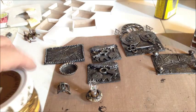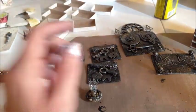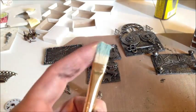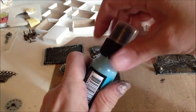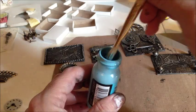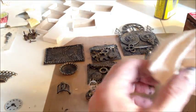The next thing is the blue, or the patina. And all I pretty much do is shake it up. And then I use this paintbrush. This is the type that I use, the bristly kind. If you use this, it's really extremely fluid, so you just need a little bit. And then just do the same thing